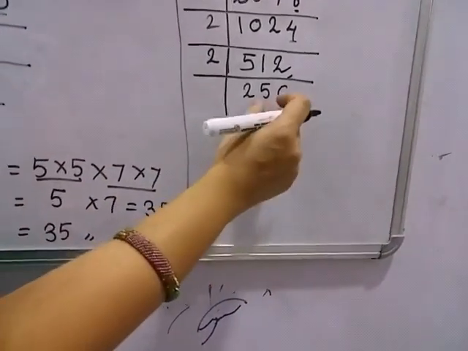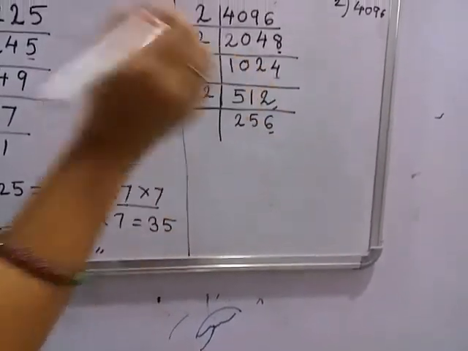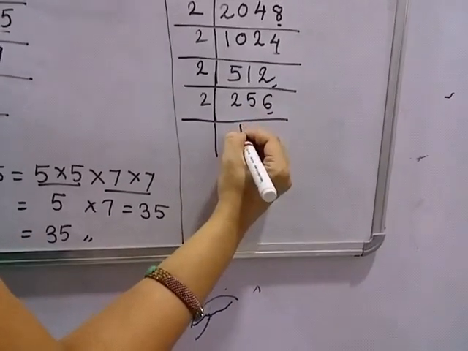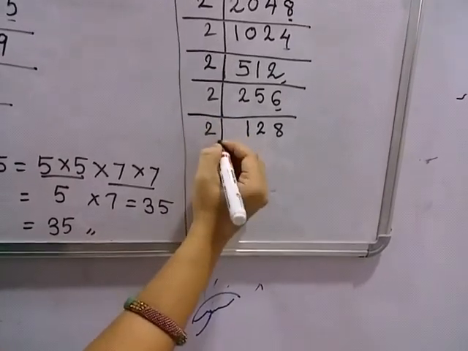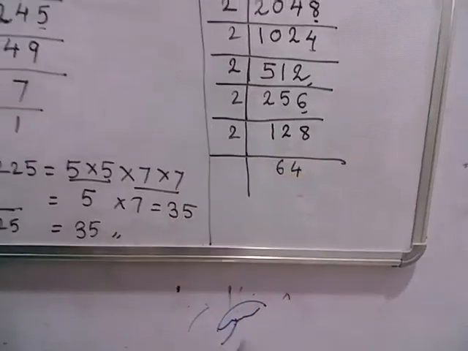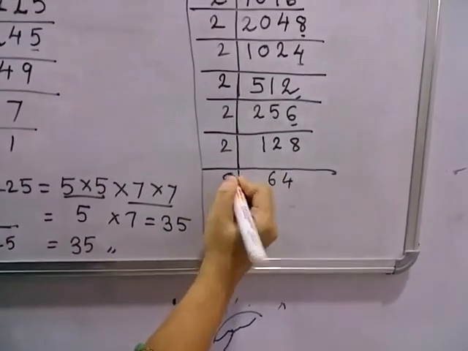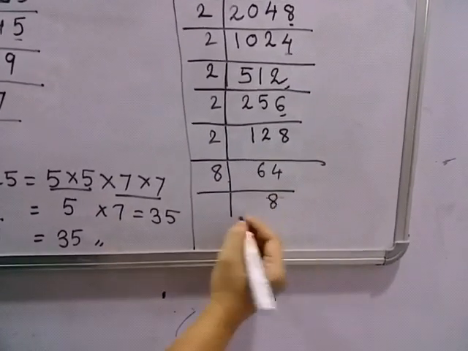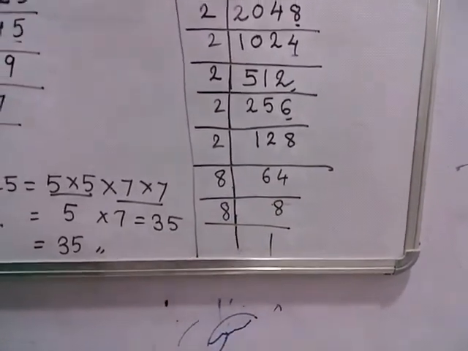But student, if you know that this 256 is the perfect square of 16, but better we'll divide with 2 itself. So here we get the answer: 1 2s are and 8s are. Again it is divisible by 2, so we are going to get the answer here: 2 6s are and 4s are. Now you know student that 64 is a perfect square of 8, so you can take it directly as 8 also, doesn't matter. So 8 8s are 64 and now again take 8, so 8 1s are.